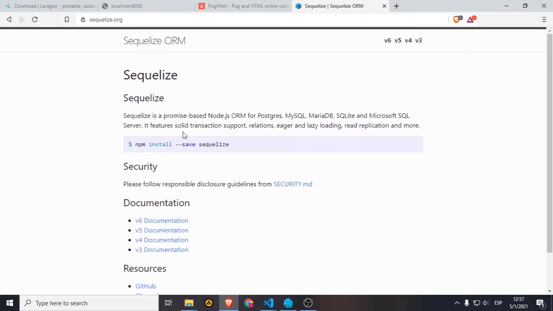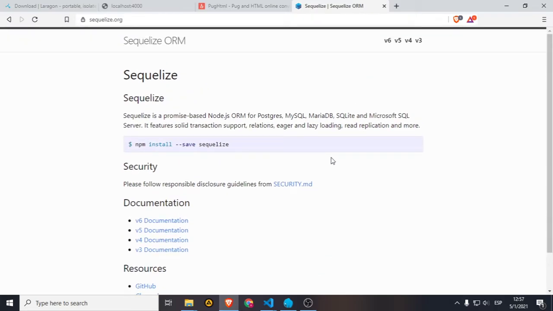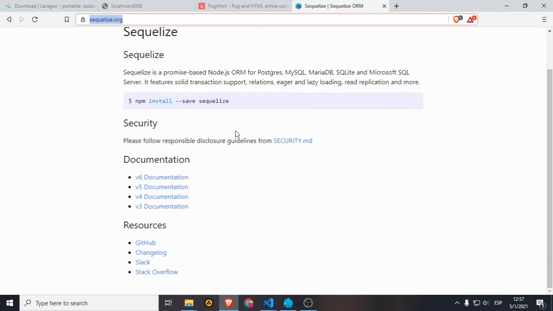So what Sequelize is going to allow us is to handle different types of relational databases, like Postgres, MySQL, MariaDB, SQLite, and MSSQL, so we are not going to need to change the syntax or anything. Everything is going to be done under the hood by Sequelize. So we only need to install it, which we already have, and install the drivers. So let's say Sequelize. Let's go to version 6,